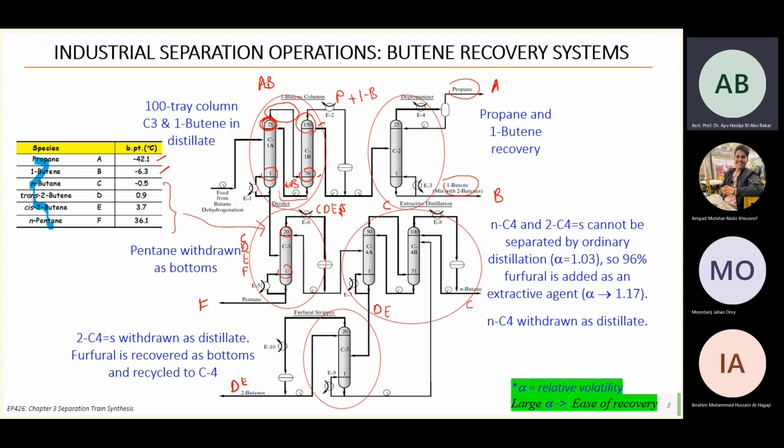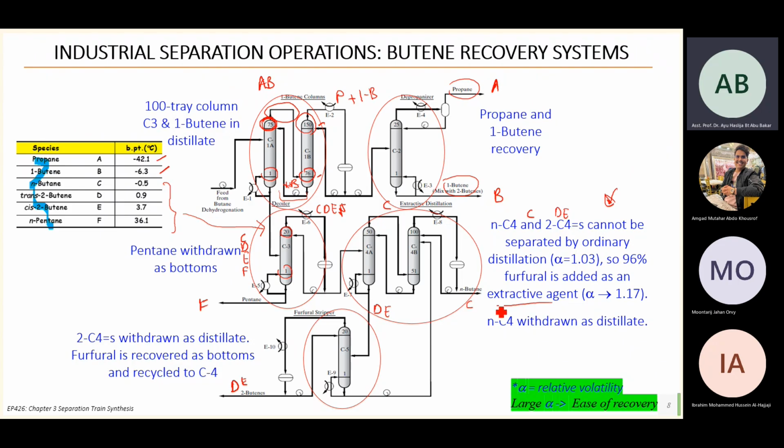And butane is C4. Okay, here, this statement: the n-C4 and 2-C4, the butenes, cannot be separated by ordinary distillation because the relative volatility is nearly 1. It is quite hard to separate. It equals to 1. Okay, so they add furfural